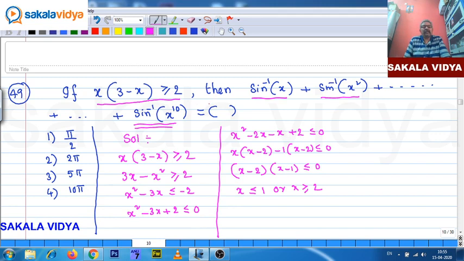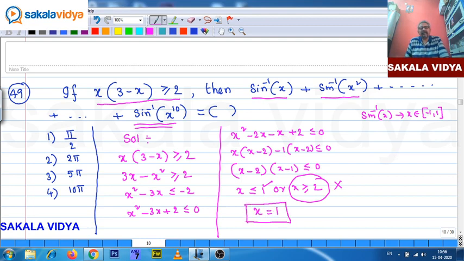But actually, to define sine inverse x here, anything you remember, to define sine inverse x, x must belong to the interval minus 1 comma 1. That means you need to discard this interval. So, we need to select it, it should not be x less than 1 also, x less than 1. So, that means x equals to 1, x equals to 1 you need to take. So, when you take x is equal to 1 now,